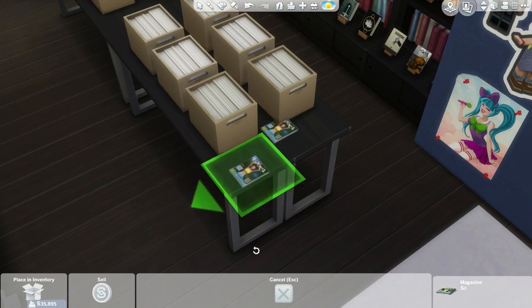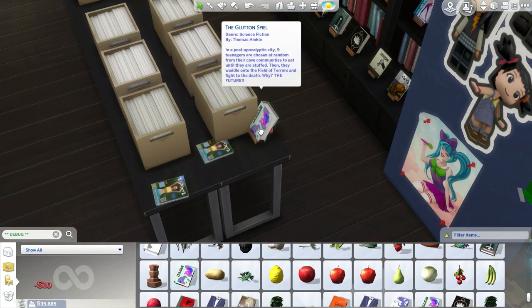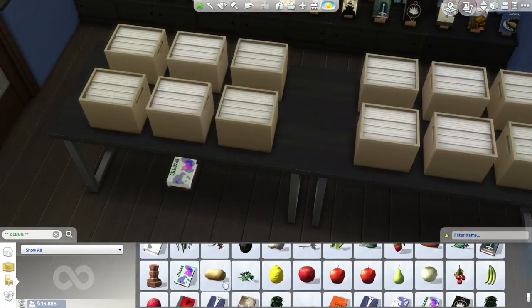Alright, if I get it right here. Ooh, that works. Okay, so you just have to get it so it's kind of letting you move it on its own. Oh. Alright, well, we'll get rid of that one. I've got an idea here. Let's just